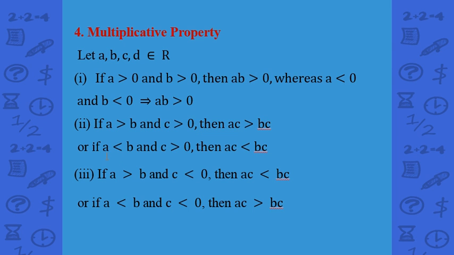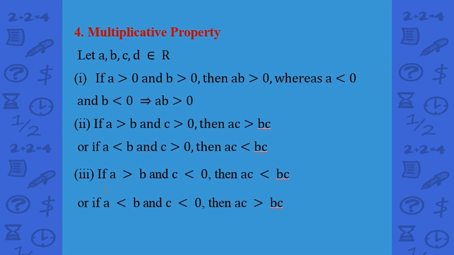Okay, supposing that my A is 3 and my B is 5. So 3 is less than 5, and my C is 2. So I am multiplying 2 with the 3 as well as with the 5. 3 2s are 6, which is less than 5 2s are 10. So 6 is less than 10. Again the inequality is the same and it is valid.